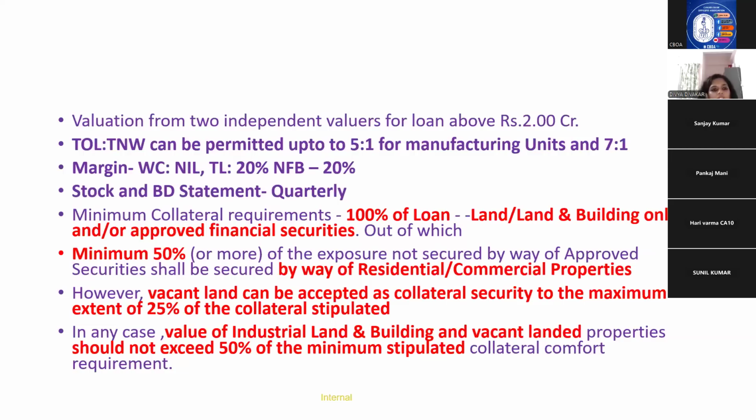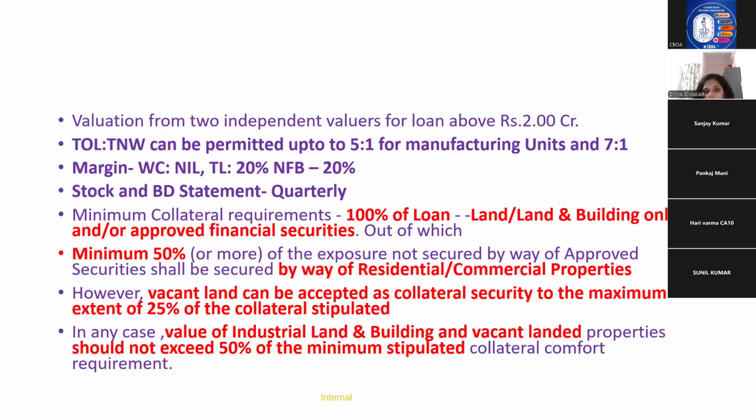Margin working capital nil. Term loan 20%. Non-fund based 20. Stock and book debt statements has to be taken quarterly. Minimum collateral requirement 100%. Okay, out of which 50% shall be by way of residential or commercial properties. Vacant land 25%. In case of value of industrial building and vacant land, property should not exceed 50% of the